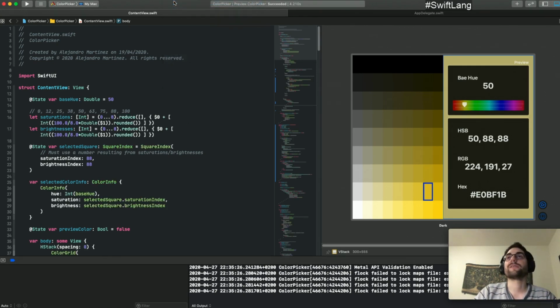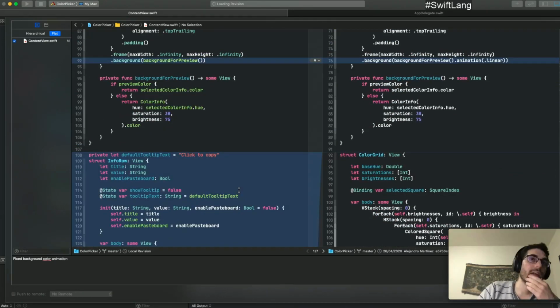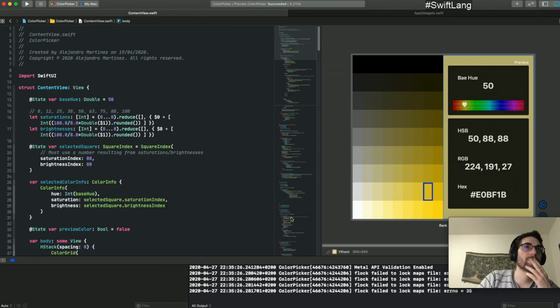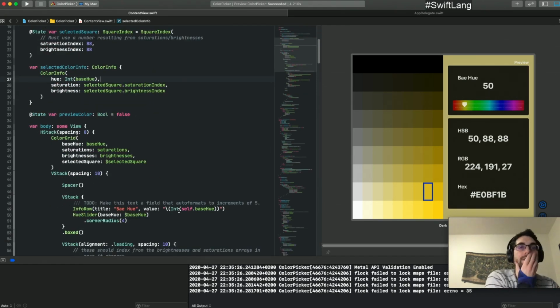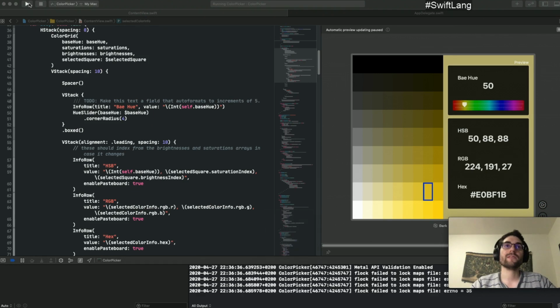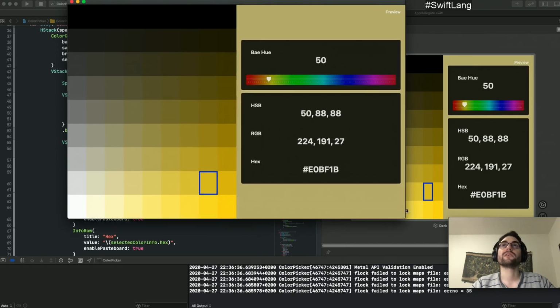Okay, so let's commit. What have we done? Fixed background color animation, and I've also added the copy colors to baseboard. There you go. So we can commit this. I'm quite happy with the work, to be honest. There is some stuff that we could do, but I think it's too big to tackle now. But there is... yeah, now it didn't work. I need to give some minimum sizes to this. But anyway,